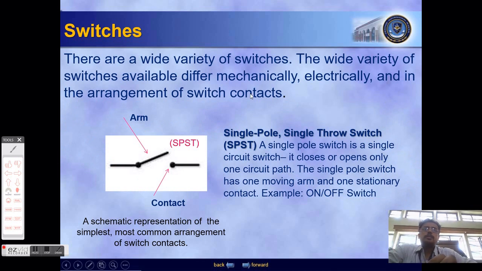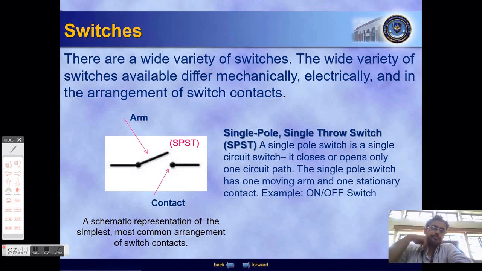There are a variety of switches, right? There are several kinds of switches which we don't hear of in daily life, but they are very useful in some kinds of circuits, like you must have seen the two-way switch in ladder switching, where a single light can be controlled by two switches. Suppose you are on the ground floor and you turn on a light on the ladder, and suppose you reach the first floor and you want to turn it off, then you can turn it off by using a two-way switch.